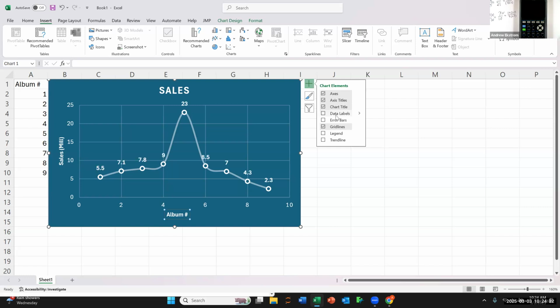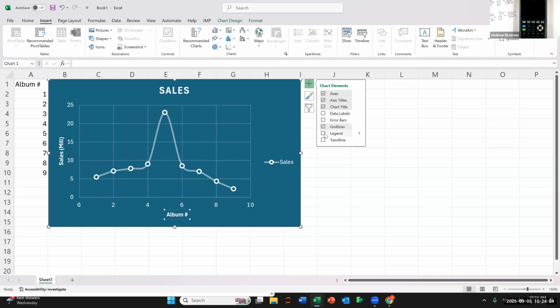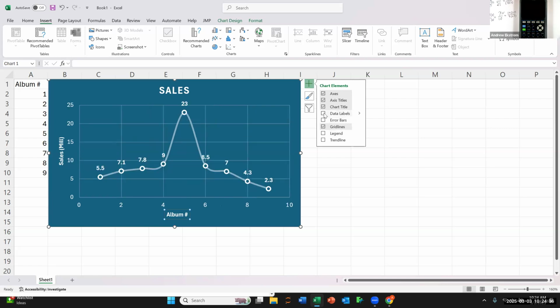If you needed to, you could put in a legend. There'll be times when we can have multiple, say, sales figures on the same graph. Having a legend in there is really important for that. You can also put in data labels,